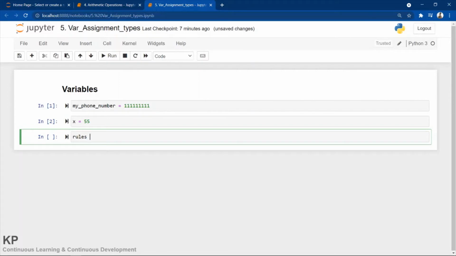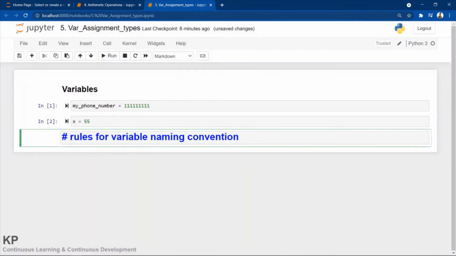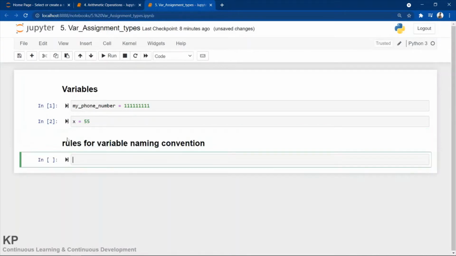Later while coding I will be explaining all those rules for variable naming convention. Let me make it a heading, and I'm putting two hashtags, shift plus enter. Okay, so rule number one.